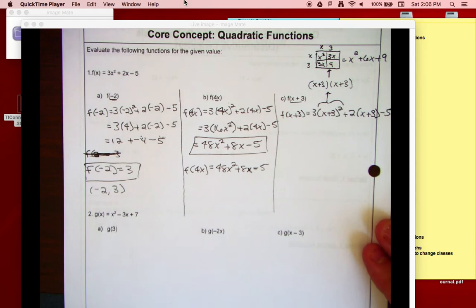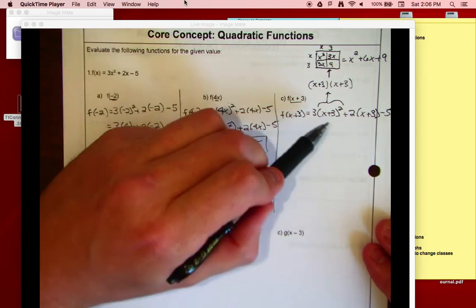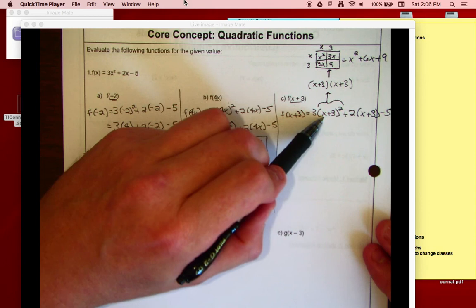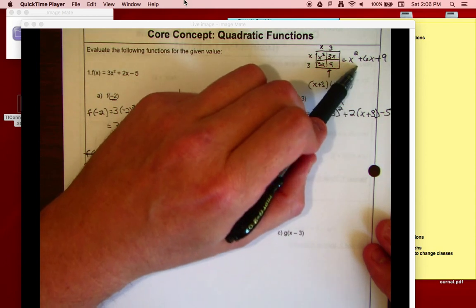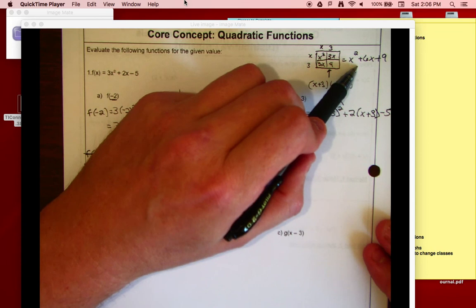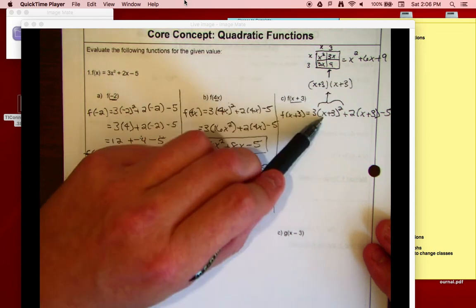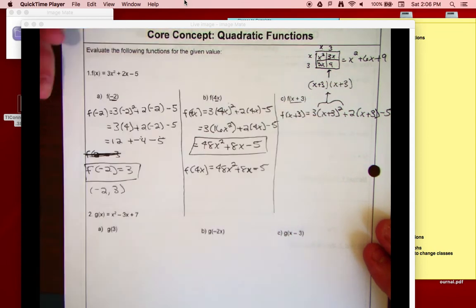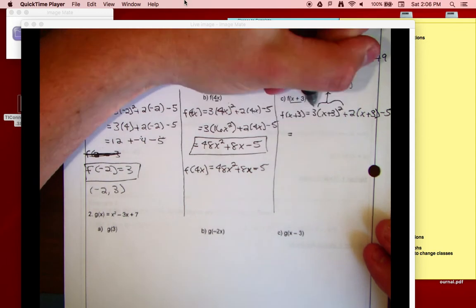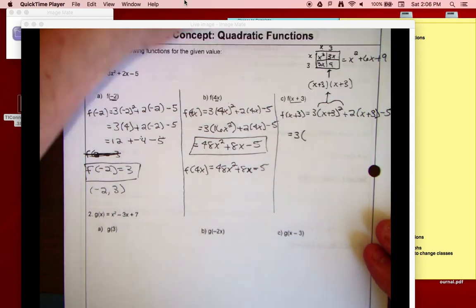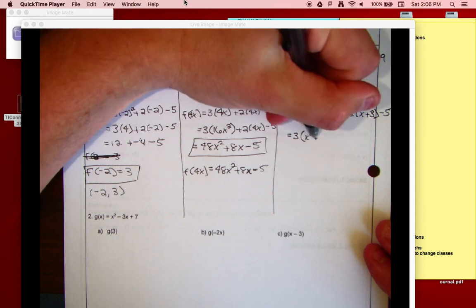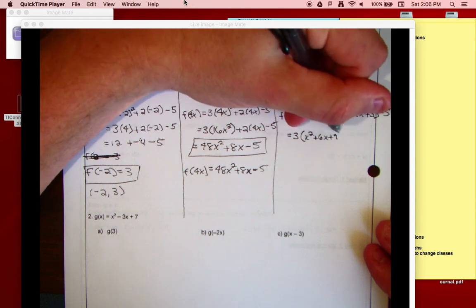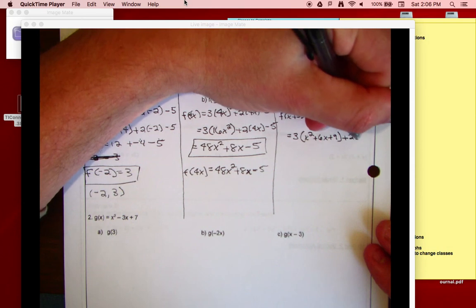So that means in my next step that instead of writing x plus 3, the quantity squared, I'm going to substitute it in with x squared plus 6x plus 9 because that's the expanded form of this. So what does my next step look like? I got to keep my 3. I got to put all of this in parentheses. X squared plus 6x plus 9. And I'm just going to rewrite everything else